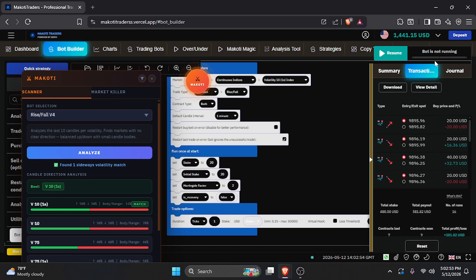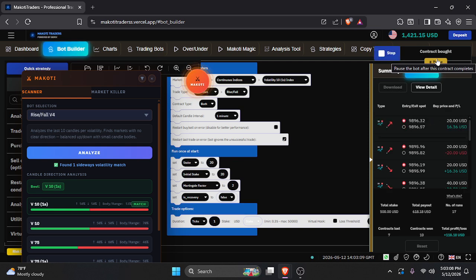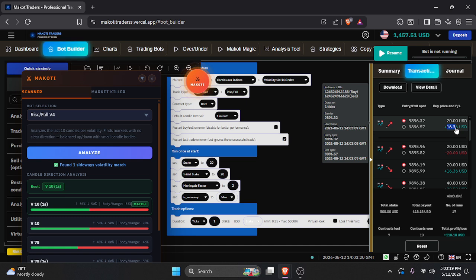Shit. So the problem with 1S volatility is that it is very fast. So this is 20 USD gone. So let me see if it will use a, no, it is not using the martingale. Let me pause. Now that is another error I'm going to fix. But the 16 USD. So I only went 4 USD loss, and